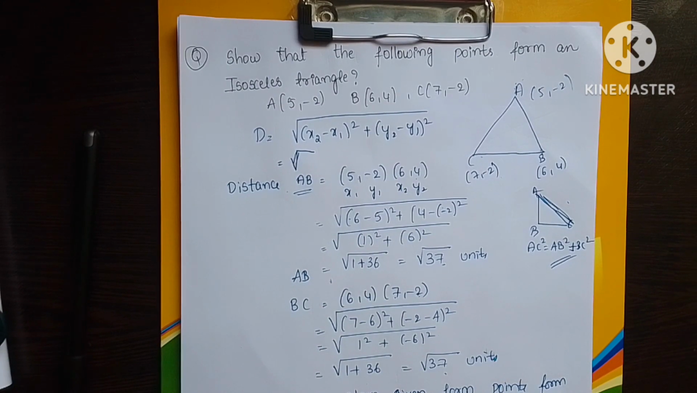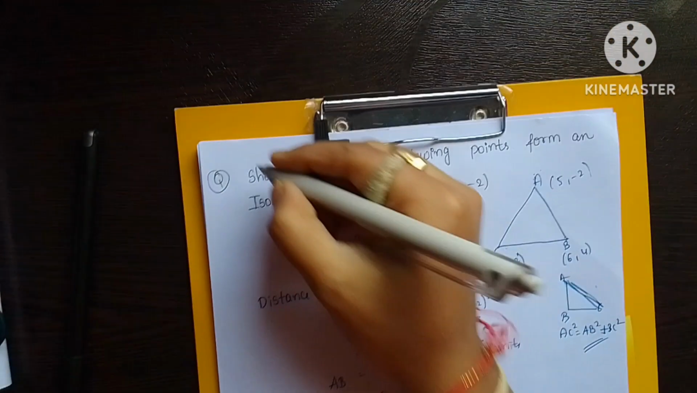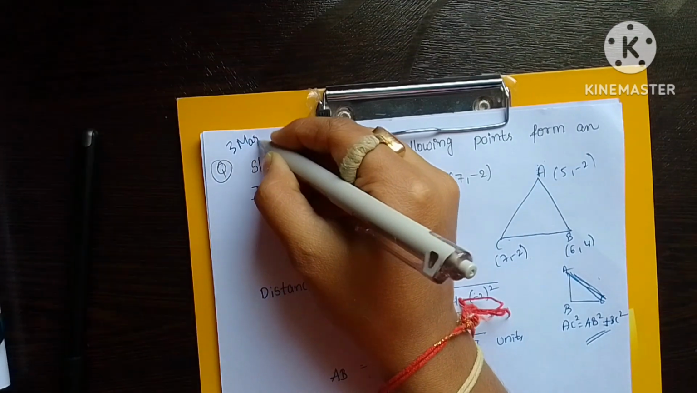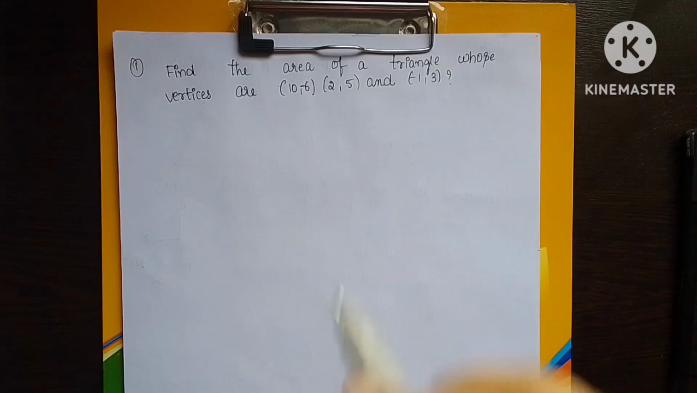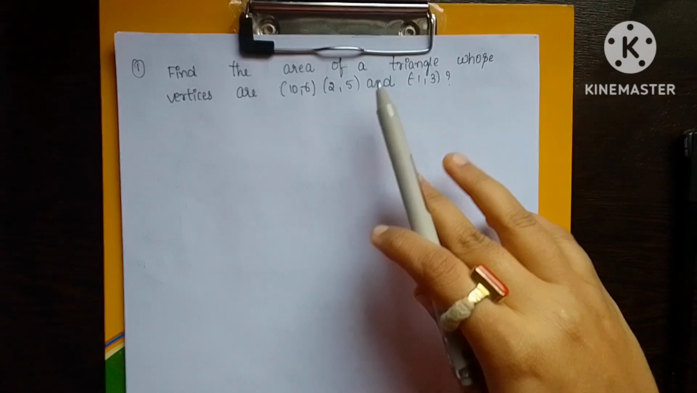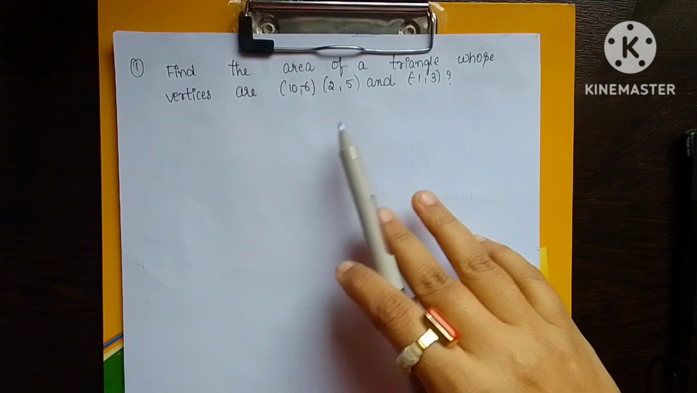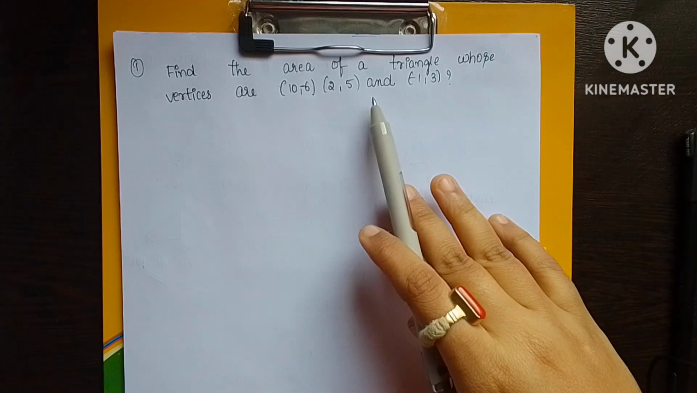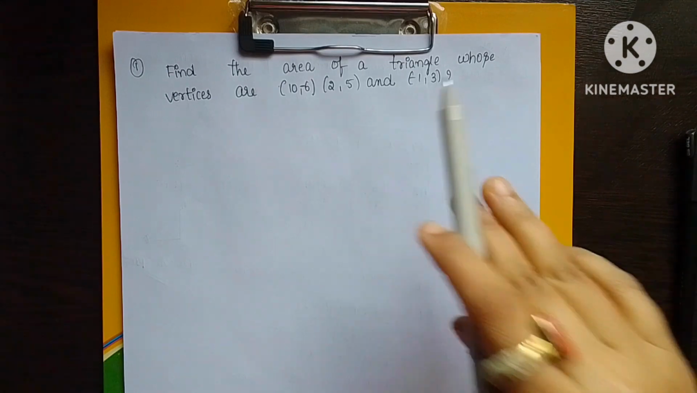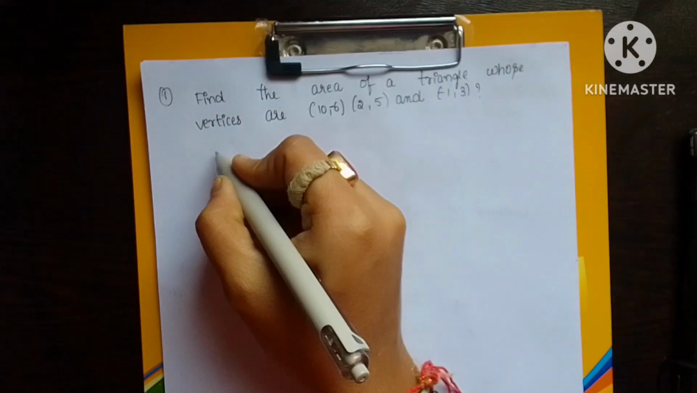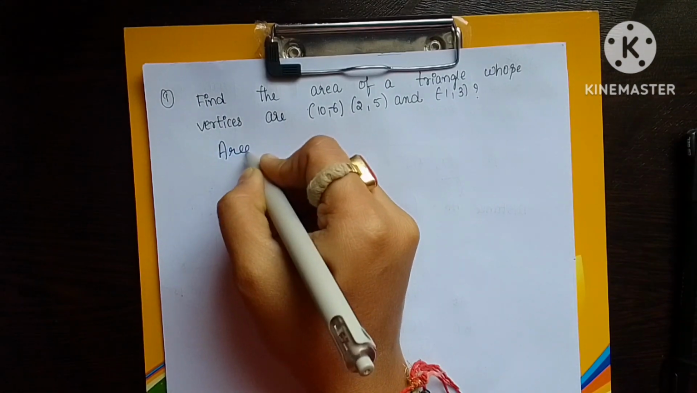So next question. These are the 3 marks questions. The next question is: find the area of the triangle whose vertices are 10 comma minus 6, 2 comma 5, and minus 1 comma 3. So to find the area of the triangle,